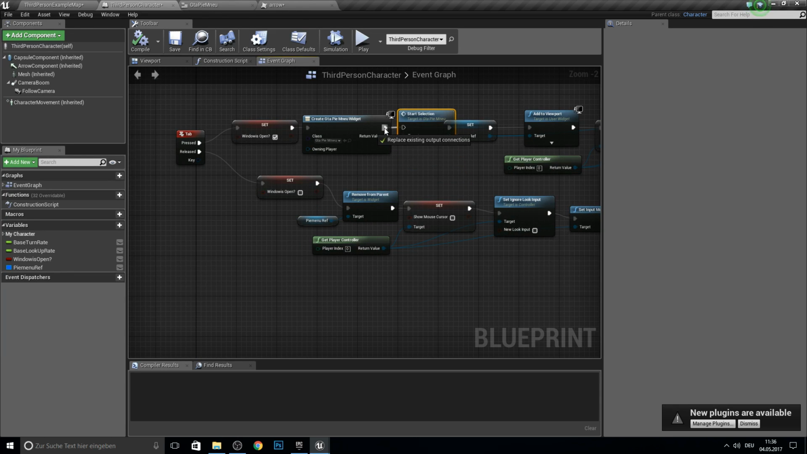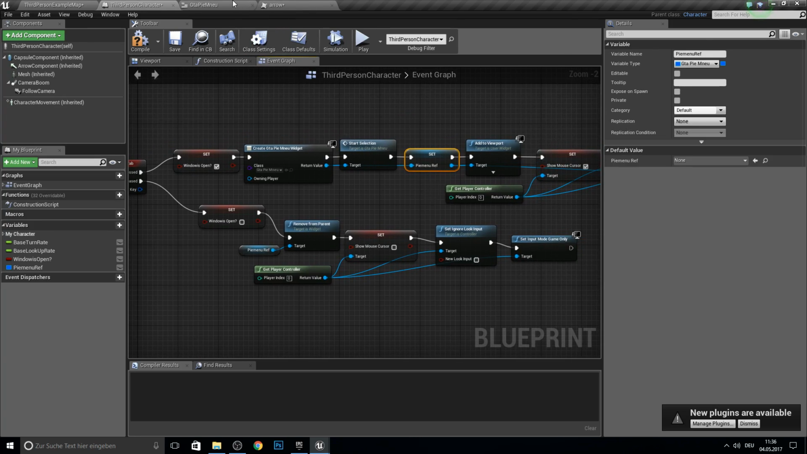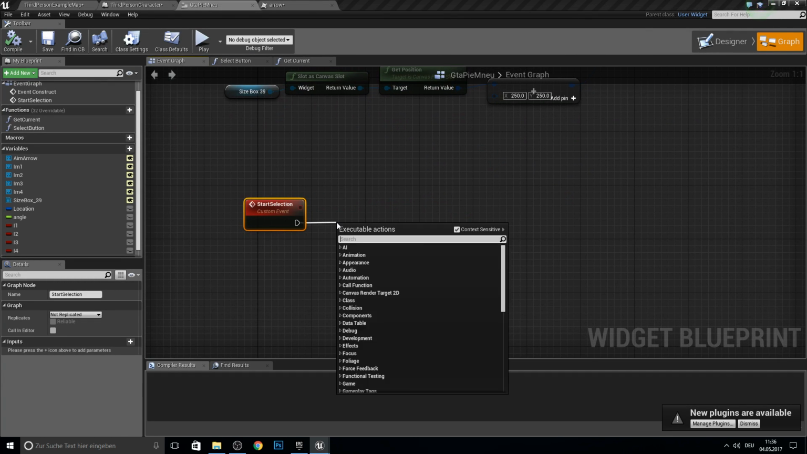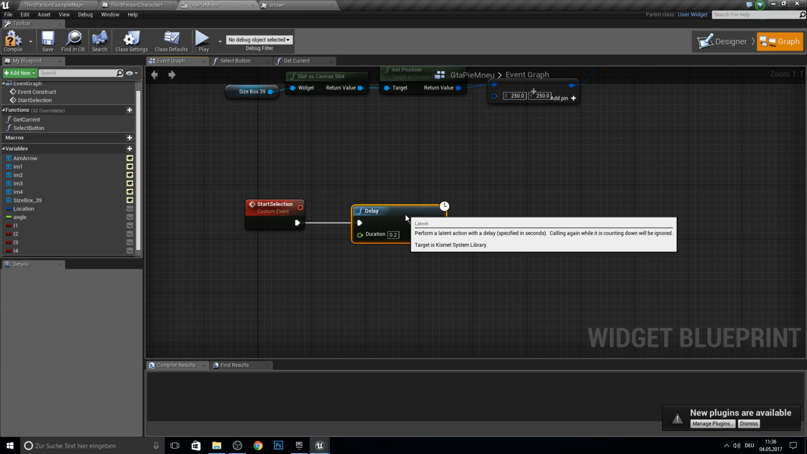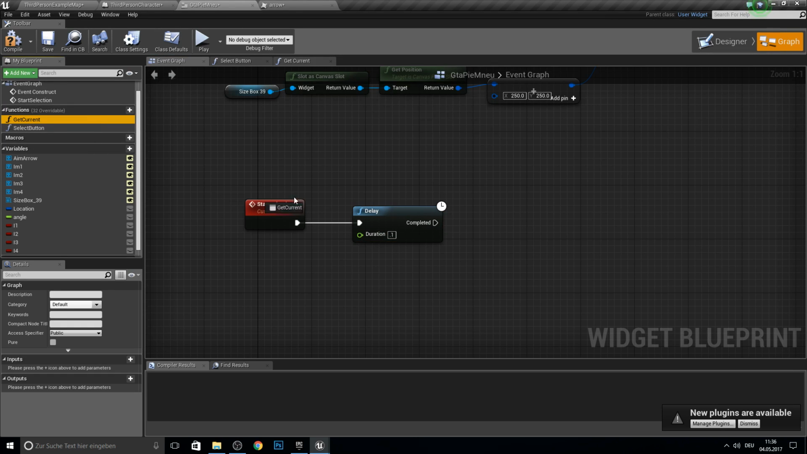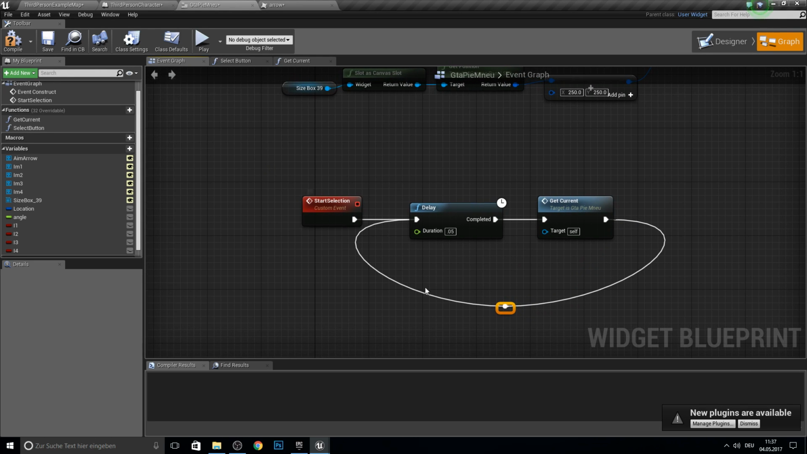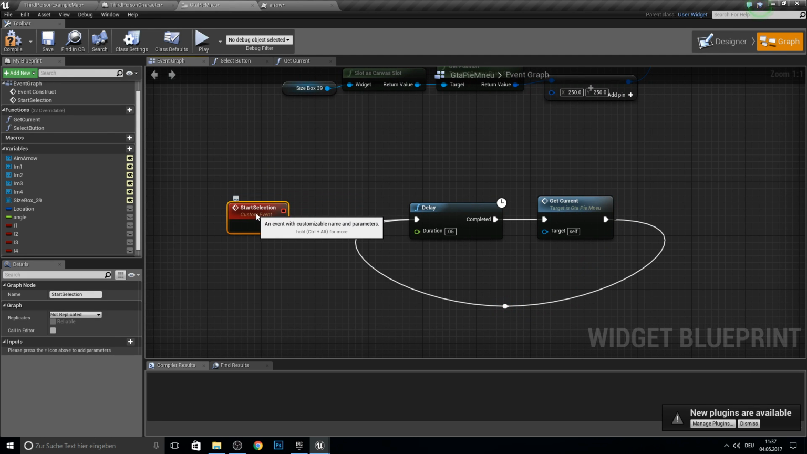So now it's a good function, and we want to start the selection, and from the start selection we grab a delay, so we can make this every 0.1 second. Want to do get current, and then we go back here. Let's make this a bit faster. This is now the speed of this one, and let's actually